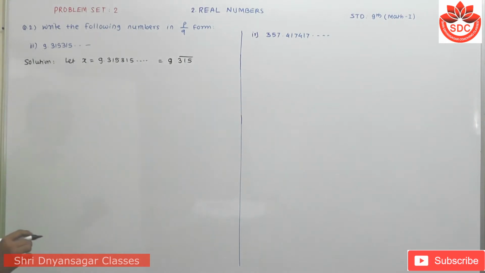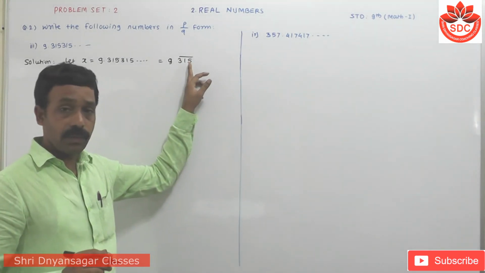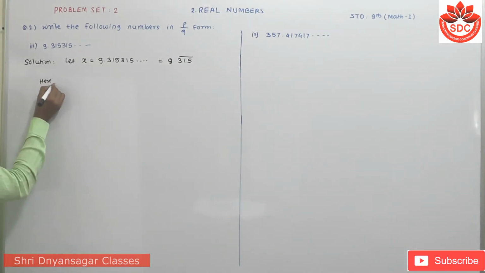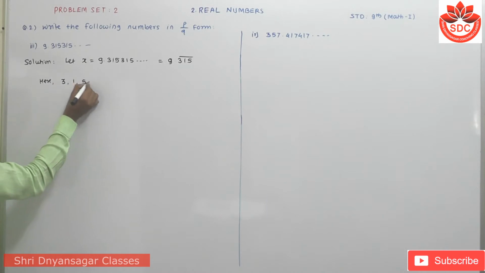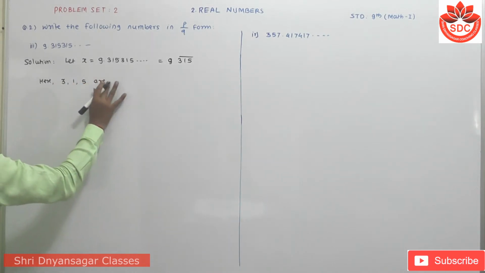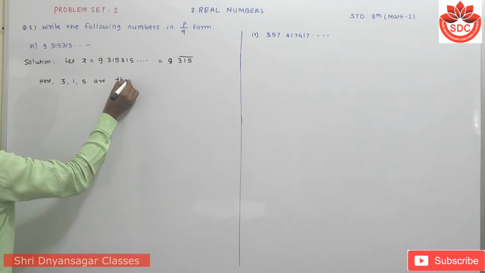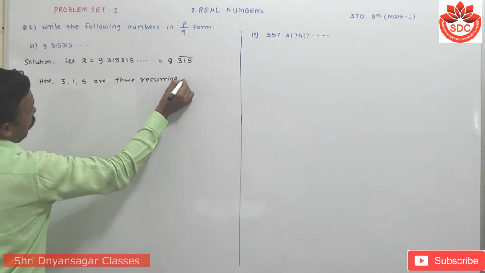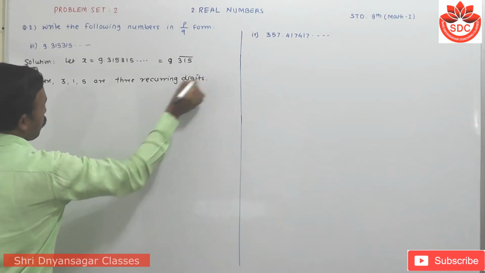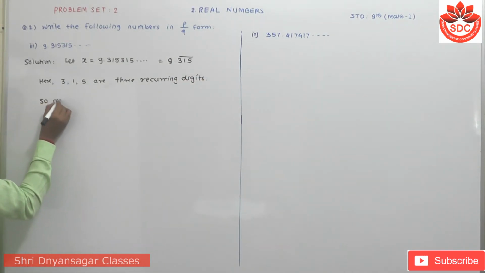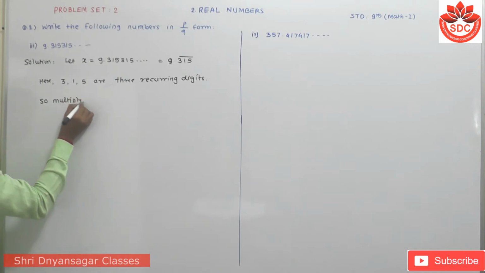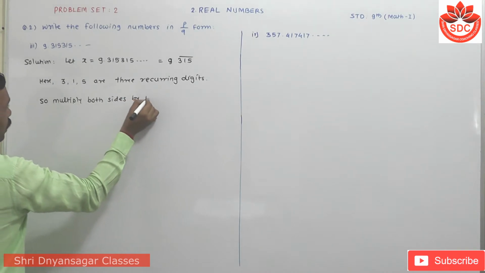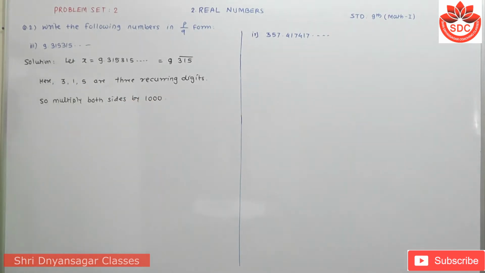Now student, when we observe here, 315 are the recurring digits, which means 315 are 3 recurring digits. So multiply both sides by 1000. We get